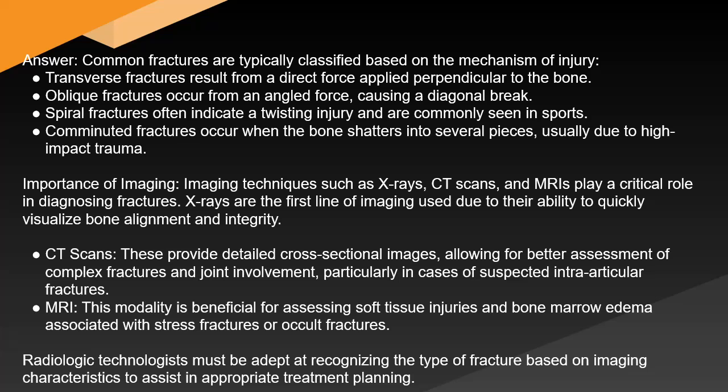Importance of imaging. Imaging techniques such as X-rays, CT scans, and MRIs play a critical role in diagnosing fractures. X-rays are the first line of imaging used due to their ability to quickly visualize bone alignment and integrity. CT scans. These provide detailed cross-sectional images, allowing for better assessment of complex fractures and joint involvement, particularly in cases of suspected intra-articular fractures. MRI. This modality is beneficial for assessing soft tissue injuries and bone marrow edema associated with stress fractures or occult fractures. Radiologic technologists must be adept at recognizing the type of fracture based on imaging characteristics to assist in appropriate treatment